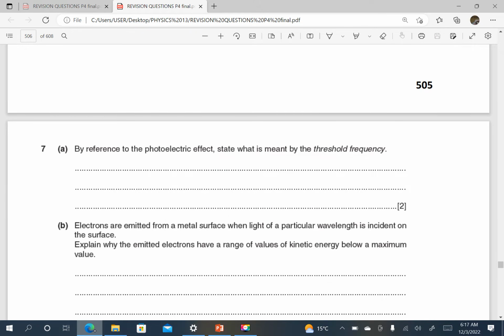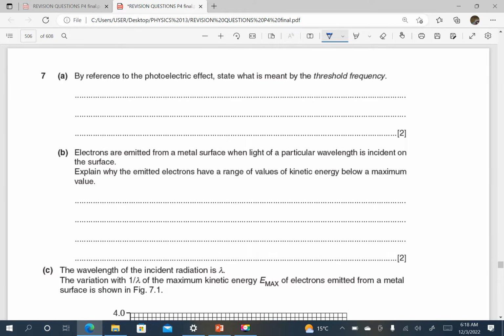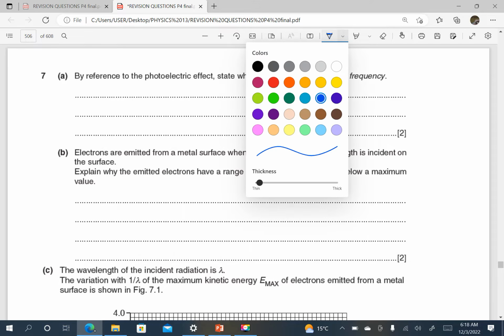So straight away, in part 3 we stopped on page 505. So in part 4, we are going to start from page 506. Without wasting any time, the first question is telling us to explain what is meant by threshold